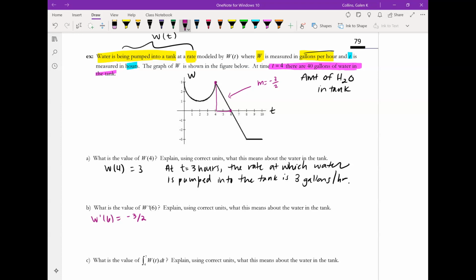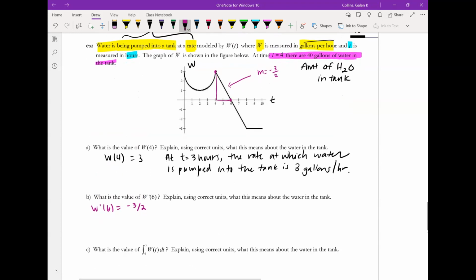And if we explain what that means, well, we know that the derivative is a rate of change, but it's the rate of change of another rate. So we really want to avoid saying something like the rate at which the rate of change is changing. Do not do that. It's technically the truth, but don't do that. So here's how I would write this. I would say at T equals 6 hours, so we have to include our units,